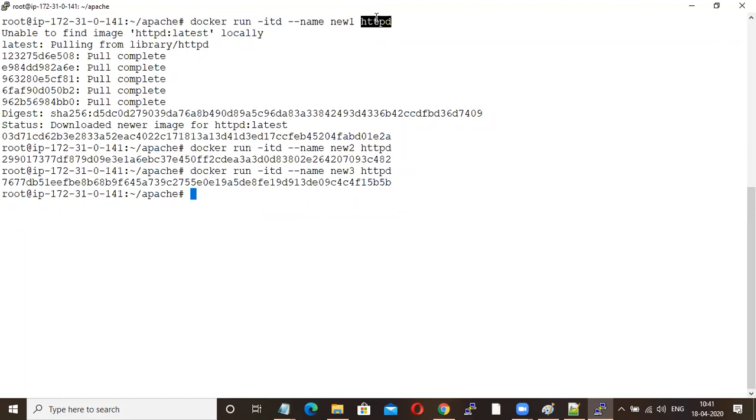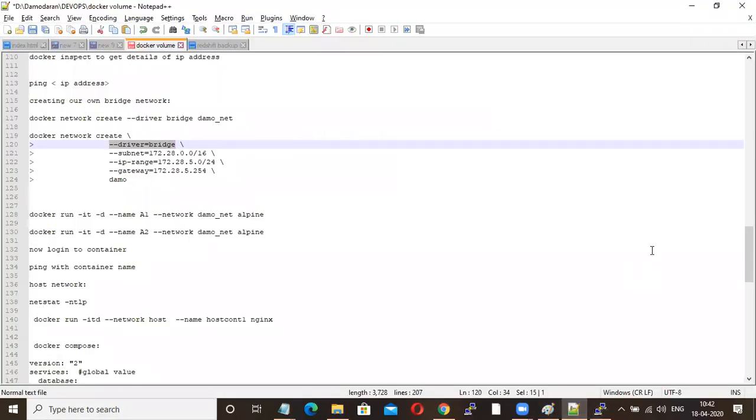So what is bridge network is, there will be separate isolation between your Docker host machine and Docker container, because the Docker container will have some different IP, right? And your Docker machine will have a different IP. So there will be network isolation between your host and your container. Whereas in host network, you are communicating to your host IPs. For example,